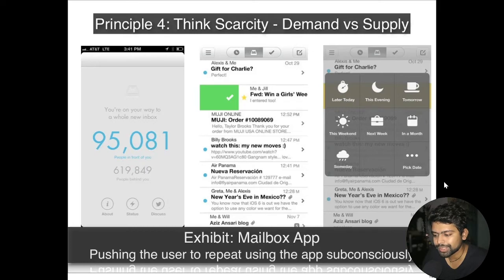But what it did was literally create huge demand by keeping its app exclusive. Yes, Clubhouse. Clubhouse is the app that created huge demand just by keeping its app exclusive